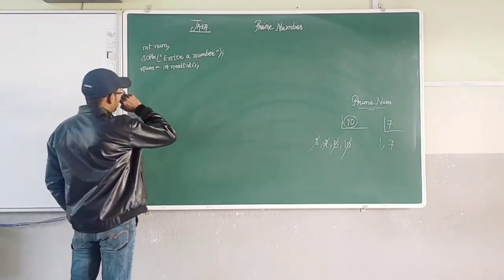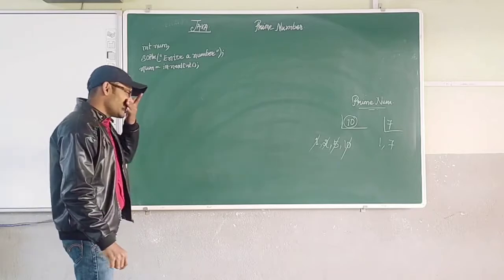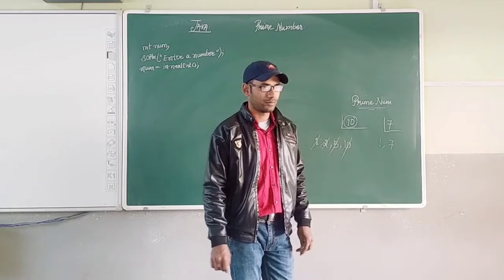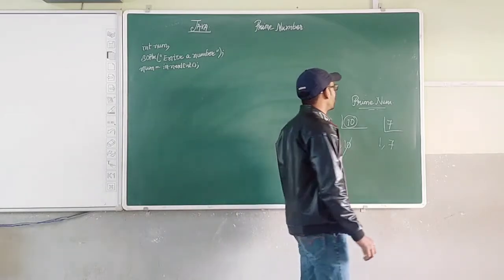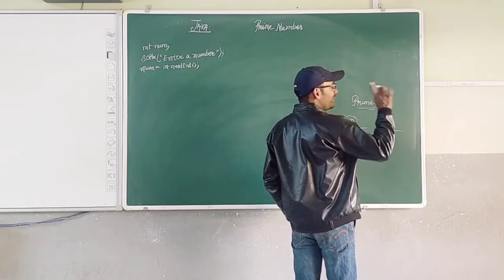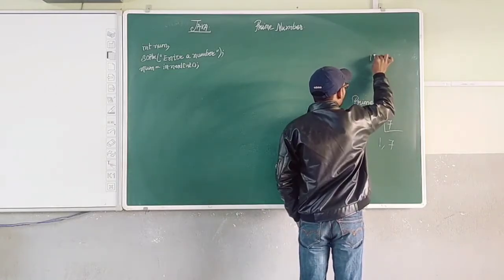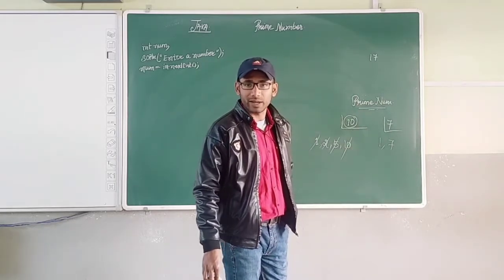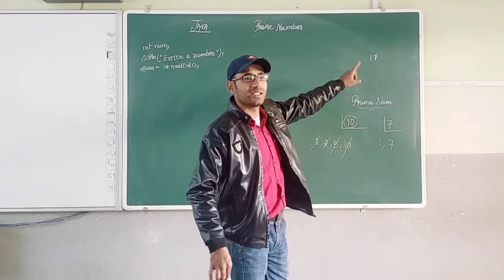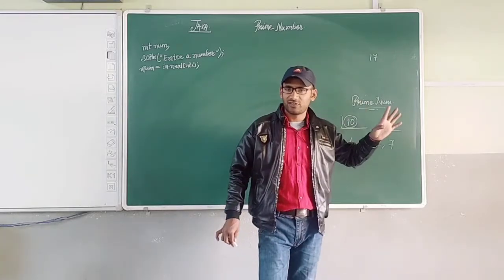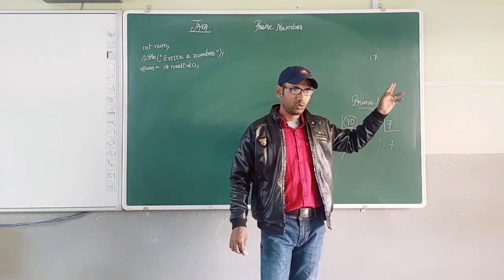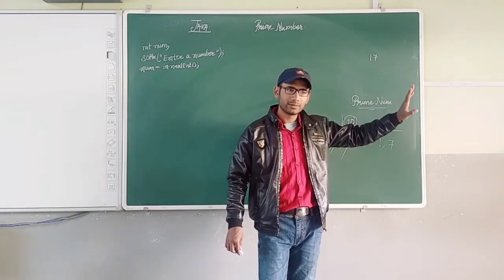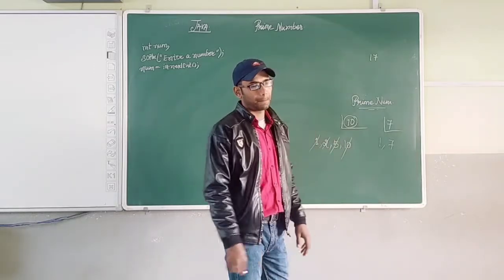Now, how shall I check that the number is prime or not? Let's suppose the user gave me a number 17. Is it prime or not? A prime number, right? Because this particular number is divisible only by 1 and itself, 17. No other digits or number can divide it. Right? How to check that?